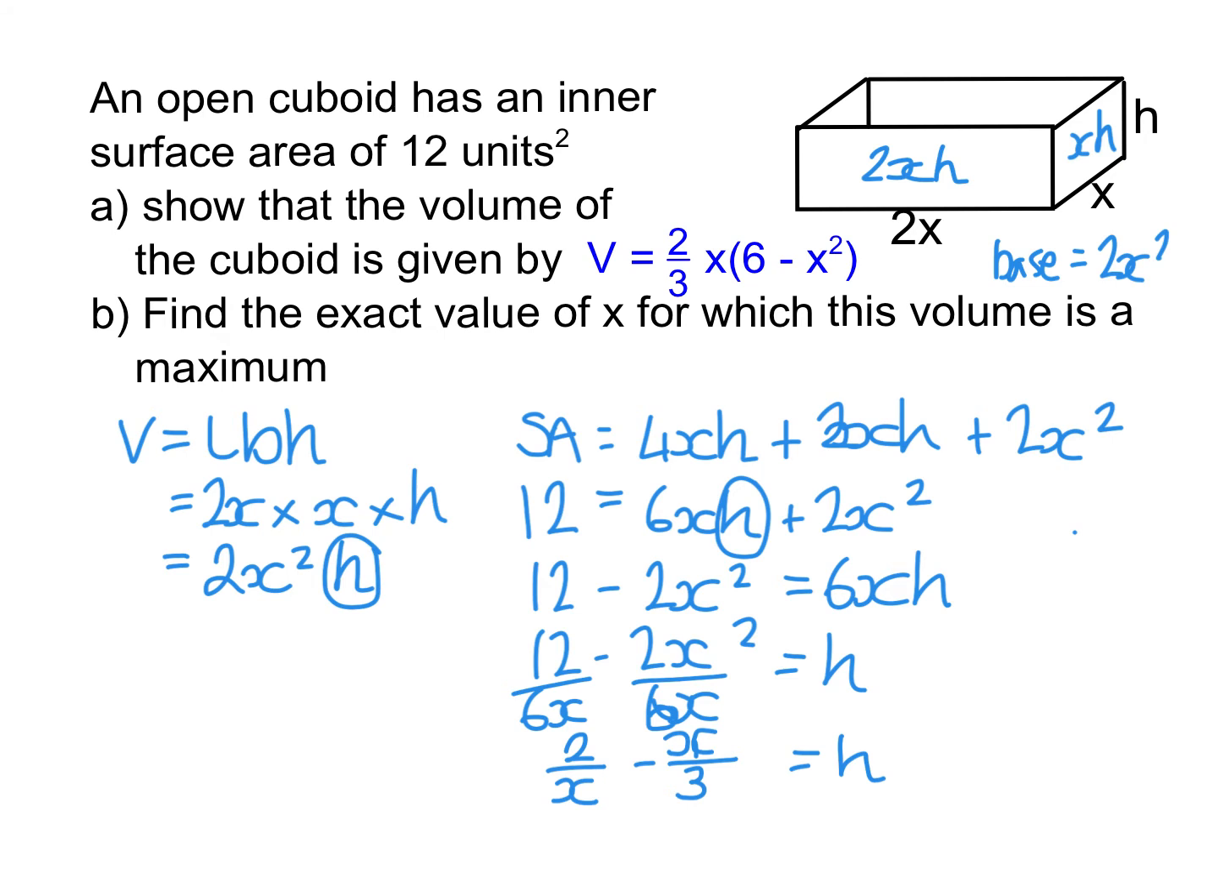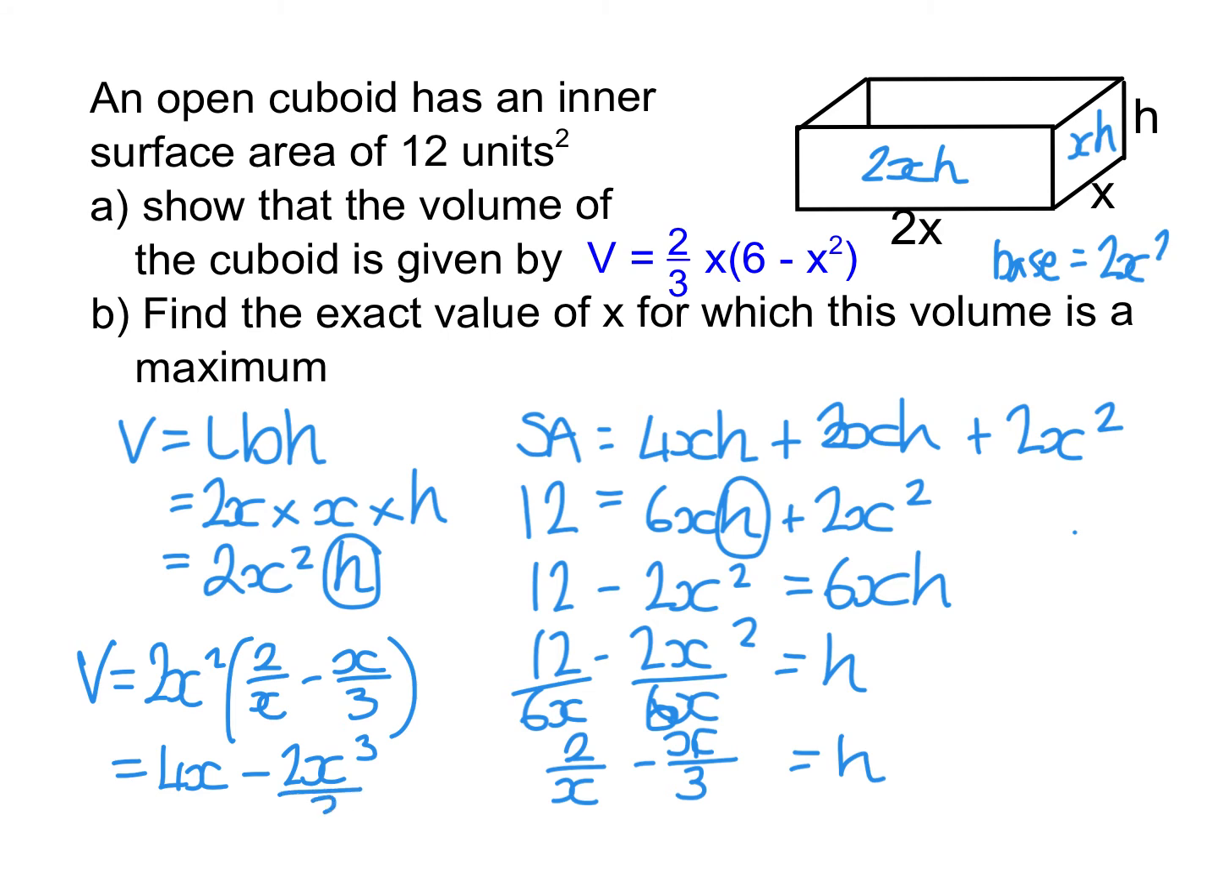So what I have to do now is substitute that in for h. So I have V equals 2x squared times (2 over x minus x over 3). And if I tidy this up, then the 2x squared times 2 gives me 4x. The x squared and the x will cancel down to 4x. On the second term, I will have a 2x